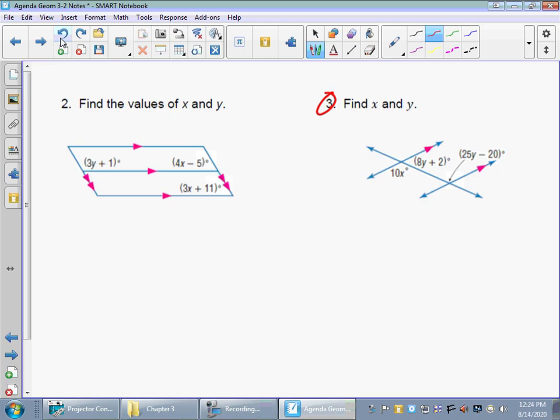Okay? Actually, I think we got to start with y because we only have one x here. We've got two y's. So let's look at the relationship between these two angles. You got this angle here and this angle here. What is the relationship? Well, they're both inside those two lines, so they're interior angles, and they're on the same side of the transversal. So they would be alternate interior, or excuse me, they would be consecutive interior angles. Same side means they're consecutive and interior of the two lines. So because they're consecutive interior angles,